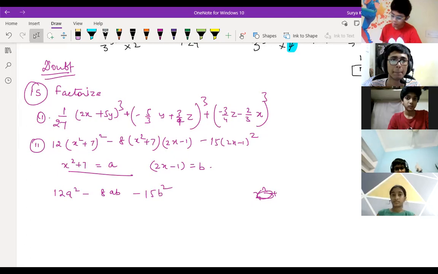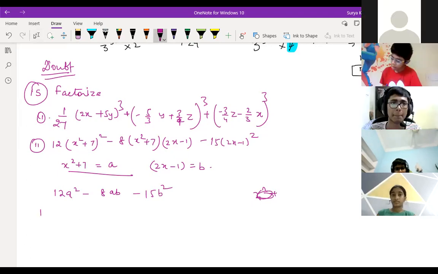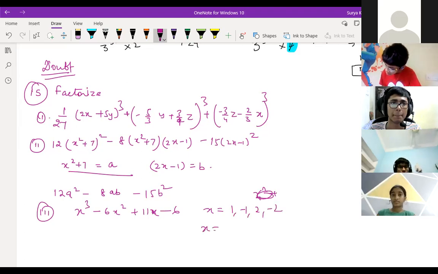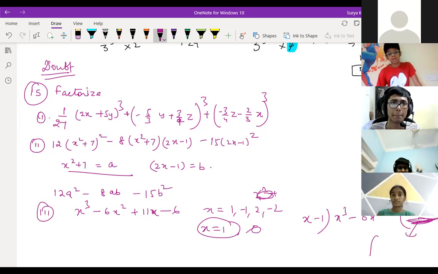Yes, sir. Then the third one, this is very easy. Third one is also easy only. That is x to the power 3 minus 6x square plus 11x minus 6. First you should put the value of x. X equal to 1 you put. This is the hit and trial method you should use, okay? Suppose you put x equal to 1, then the whole thing becomes 0. Then you should divide the complete polynomial by x minus 1, because x equal to 1 is the root, no? So you take x minus 1 and divide. And whatever answer you get, you factorize again. So that way we can get the answer.